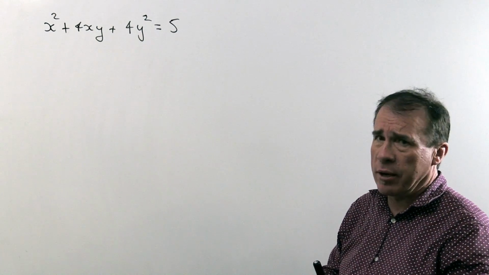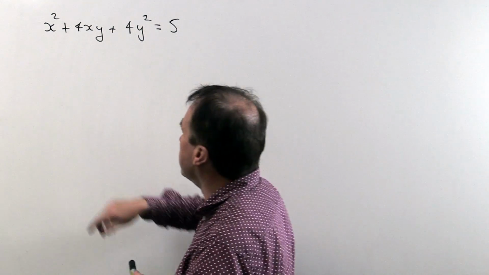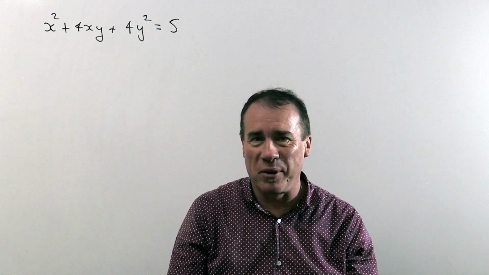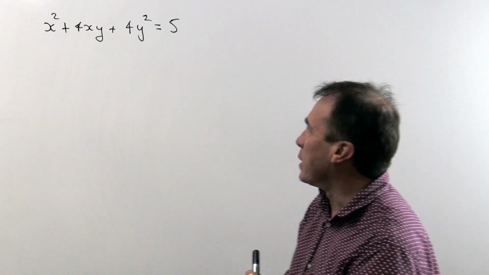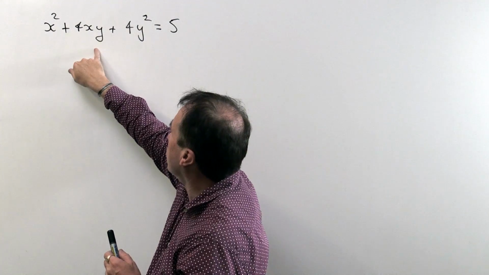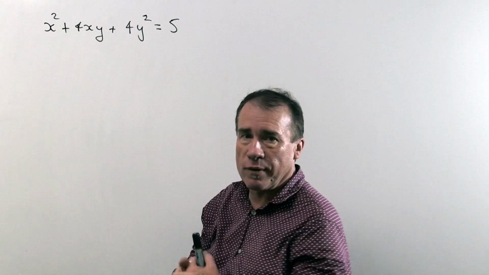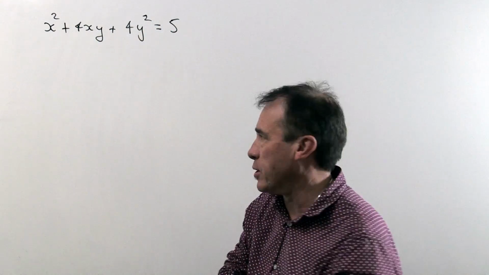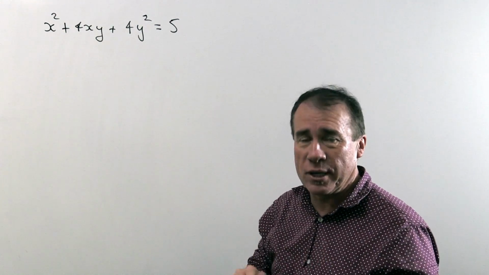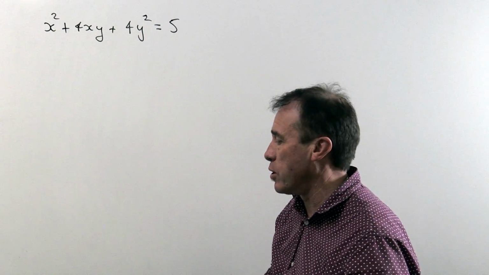And you might be able to see that immediately because you may recognise that this actually factorises as a perfect square. And so in that case you can see that this is just x plus 2y all squared is 5, and so out of that you're going to get 2 straight lines. Well, suppose you didn't see that, then we attack it in the usual way, which is we turn this firstly